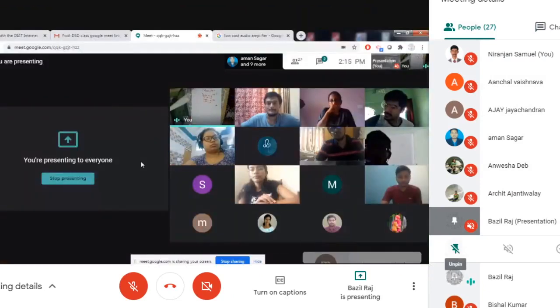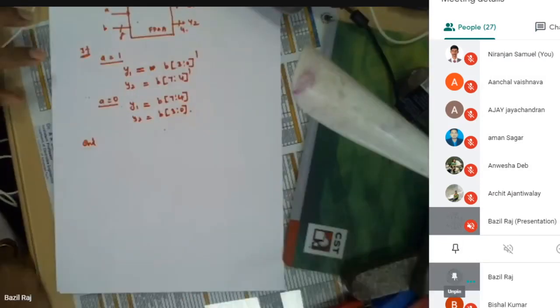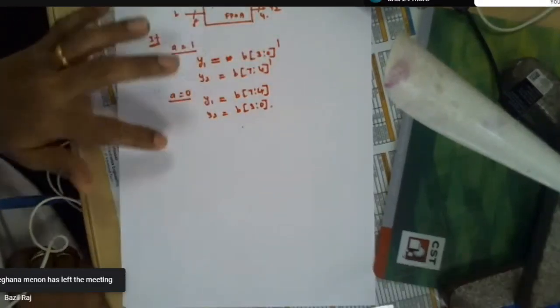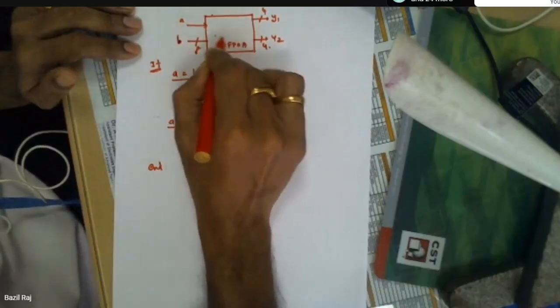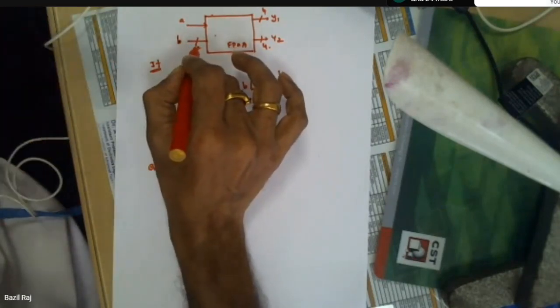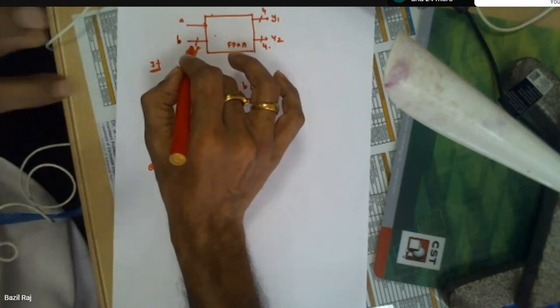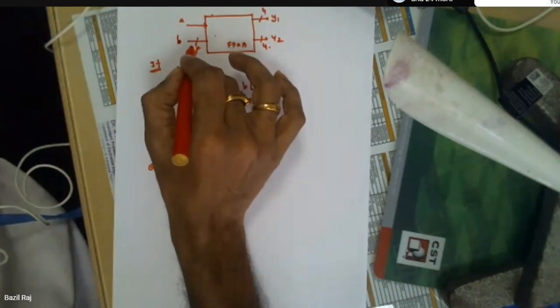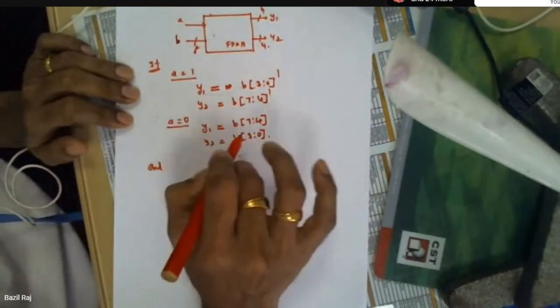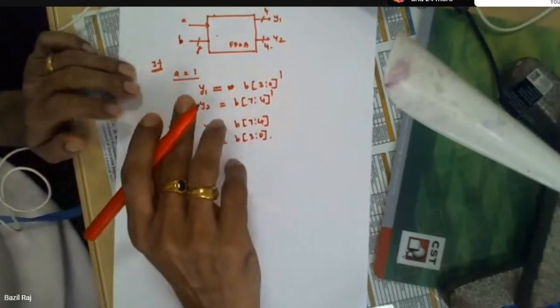There is one condition. If A equal to 1, this operation will be selected. If A equal to 0, this operation will be selected, right? But we are not dividing anything here. Externally, we are feeding only B. So the internal algorithm has to divide. The lowest word should go here, or the upper word should go here, or the complement of it should go there, or as usual it should go there. All those things will be taken care of by this algorithm. That means the tool will optimize this into the hardware implementation. That is what we are going to see now.